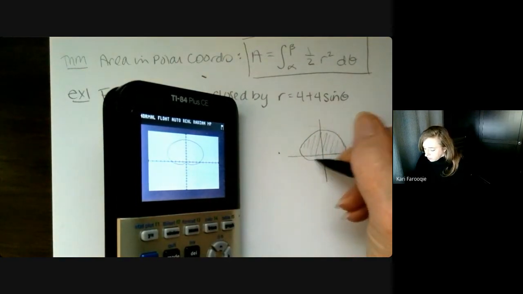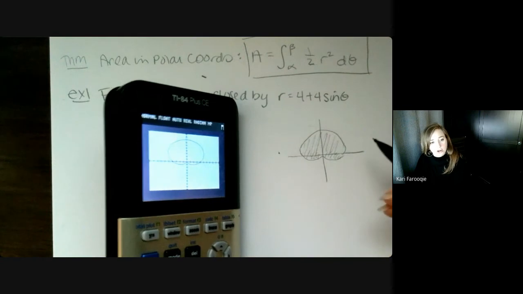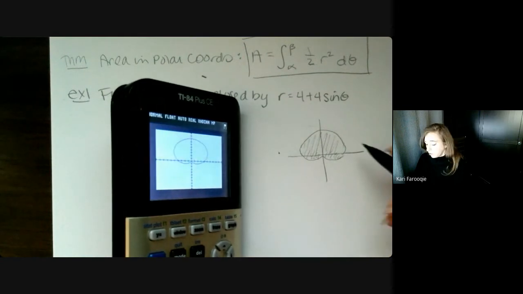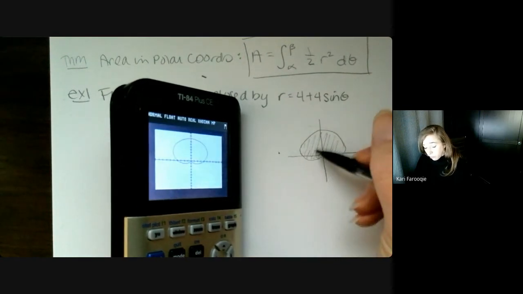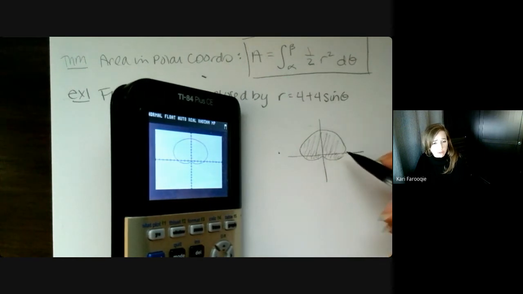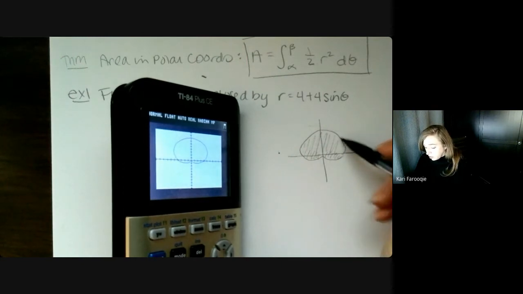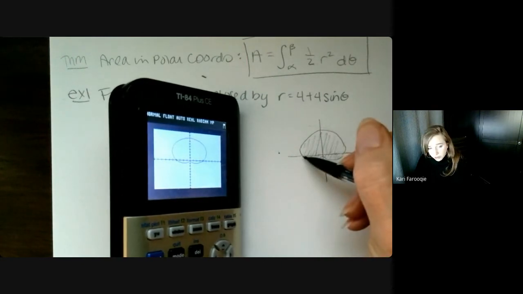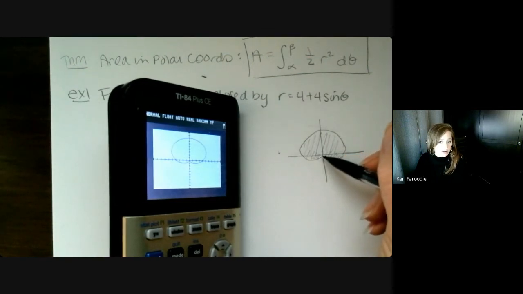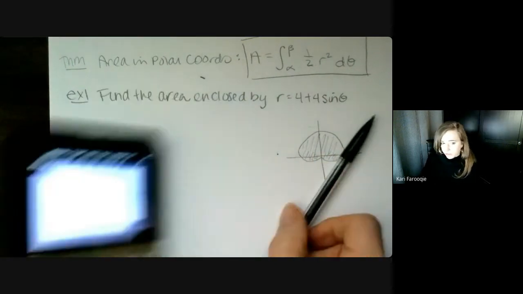The reason I feel it's instructive to show you that is, like I said, because sometimes you'll be asked to find the area of just the shaded region. So if the only region that was shaded was above the x-axis or below the x-axis, you'd have to determine what your bounds for theta would be. If I was looking above the x-axis, I'd be going from 0 to pi. If I was going below the x-axis, I'd be looking at pi to 2 pi. Just making your sweep around.